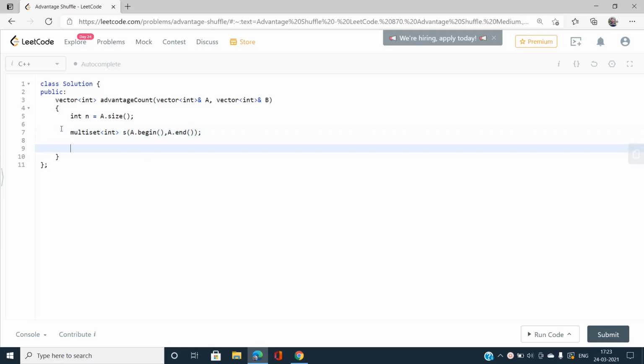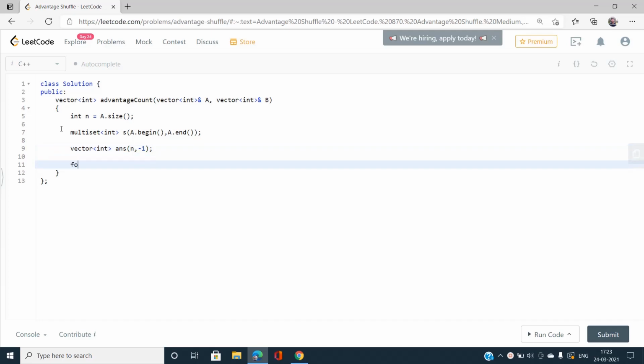What I am going to do is pick some element of B and check if there exists some element of the vector A that is just greater than this current element. If it exists, just replace that. That is, we have found an answer for that particular element, and that is going to increase my count of A[i] greater than B[i]. So we just iterate over the array. Before doing that, let's define an answer vector here also: answer of size n, with initial value -1.